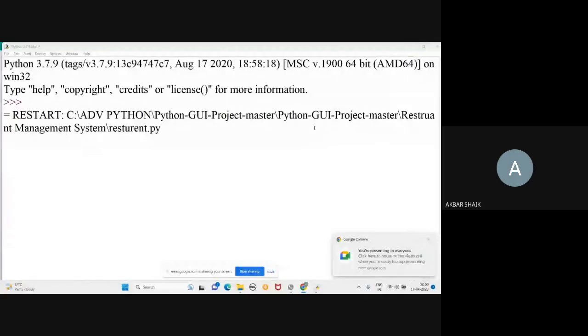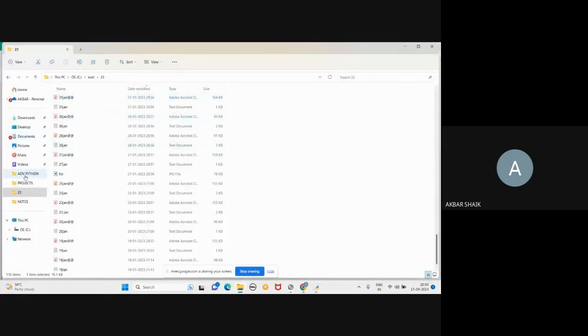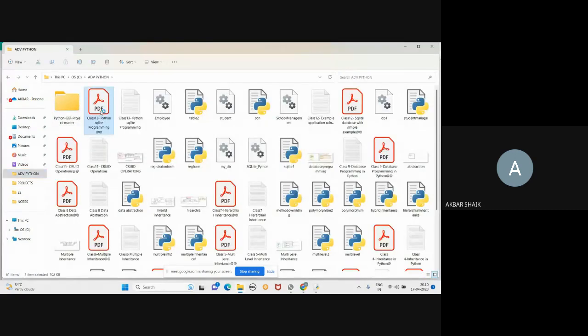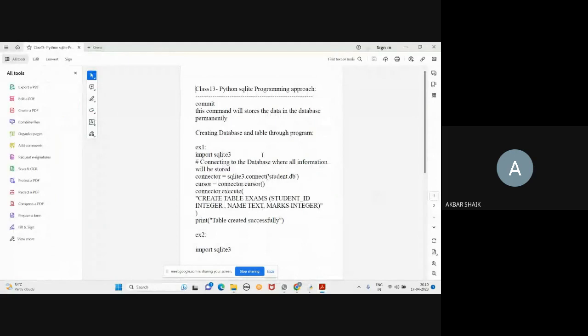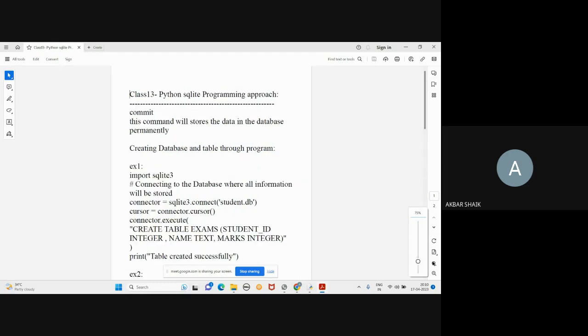So let me revise what we saw in the previous class, so that we can do a little bit of extension to that. Okay, so in the last class, let me open the last class notes. Yeah, this is what we discussed in our last class. So we wrote a program. In that program, we created a database. The database we created is student.db,